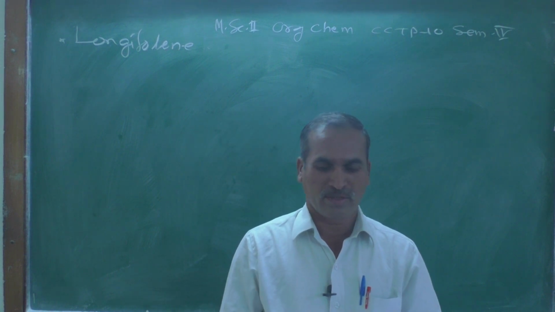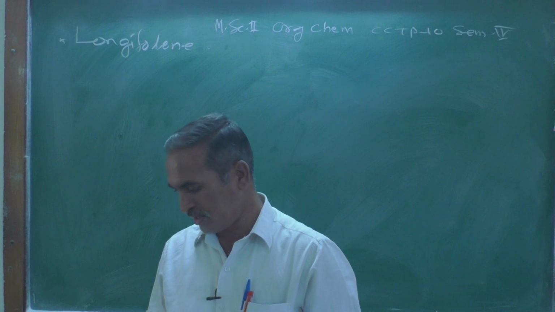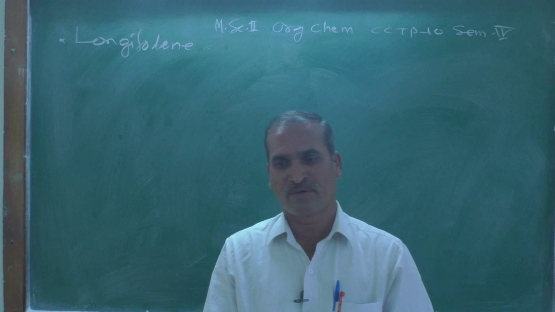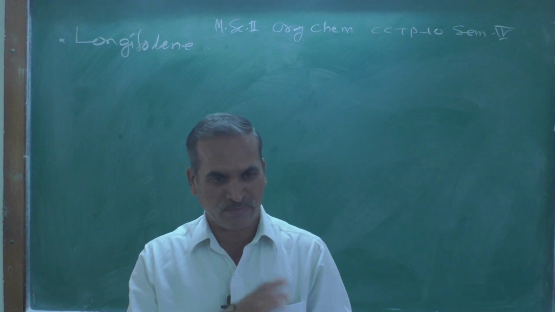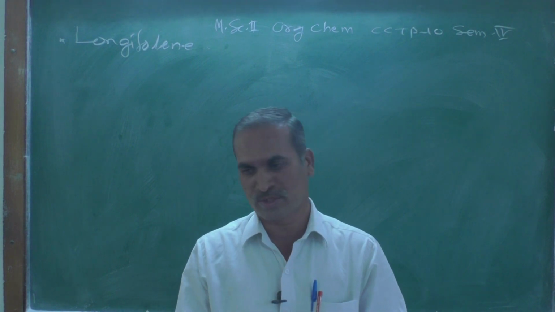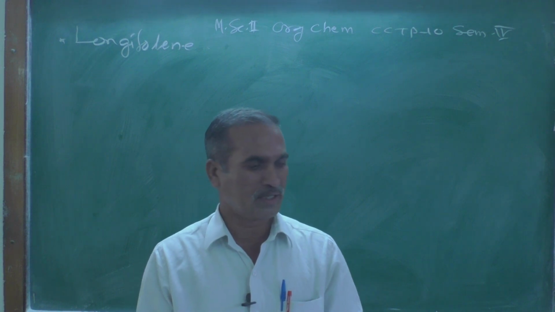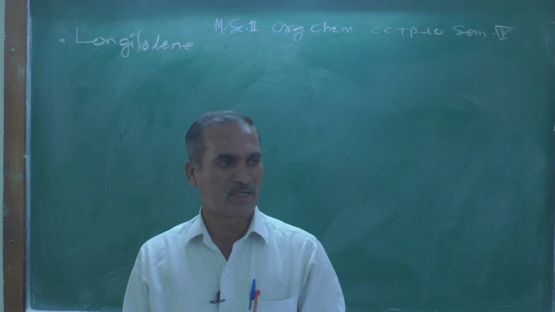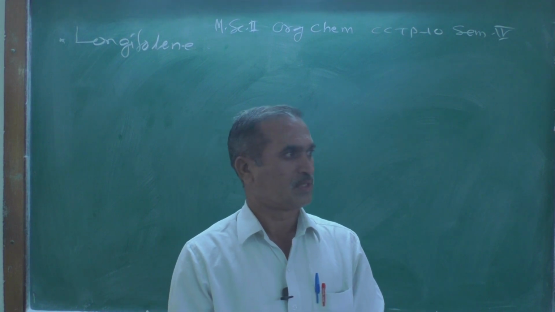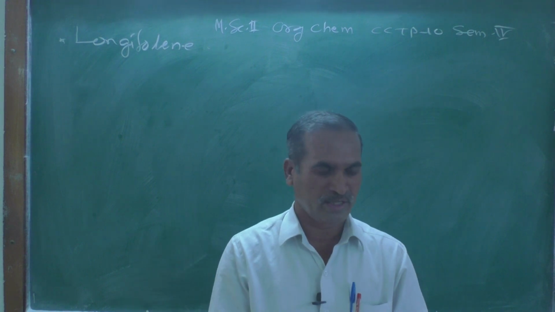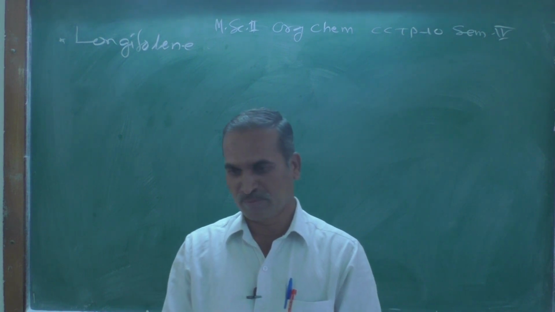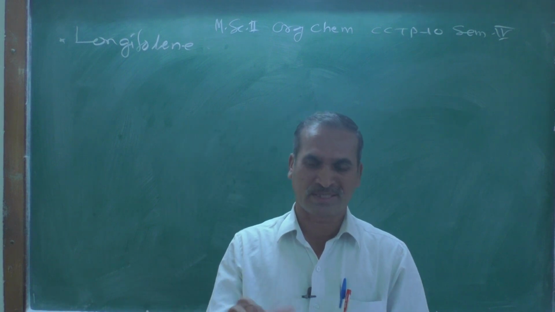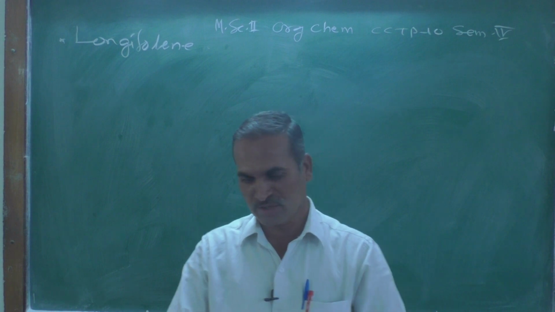Do you remember what we were discussing yesterday? I think we were discussing the syllabus for semester 4, that is the course number CCTP 10, the old course number CHO 450, the name of that course previously known as natural product. Now there is a slightly changed name: chemistry of natural products.